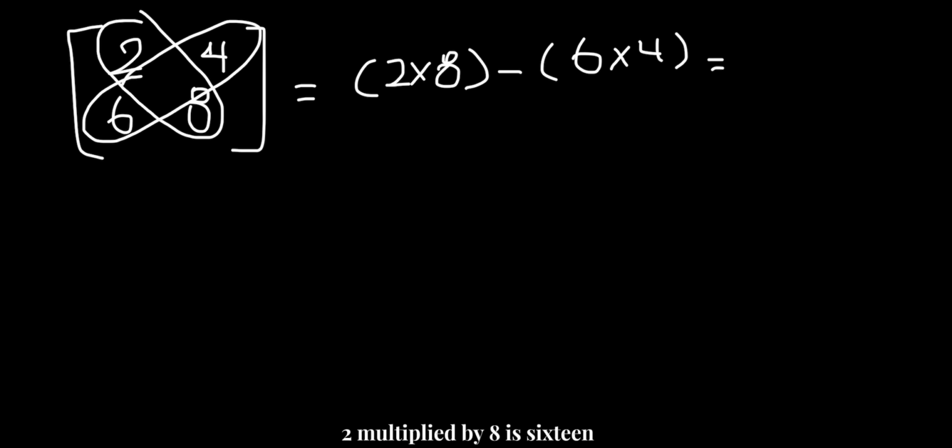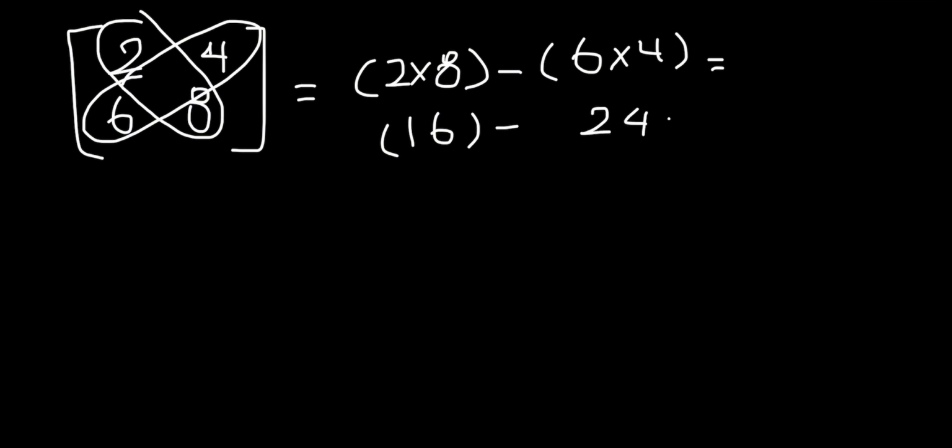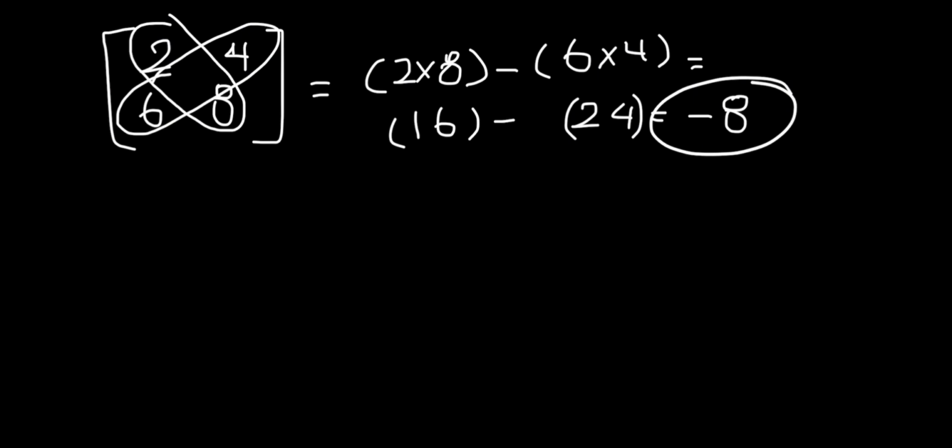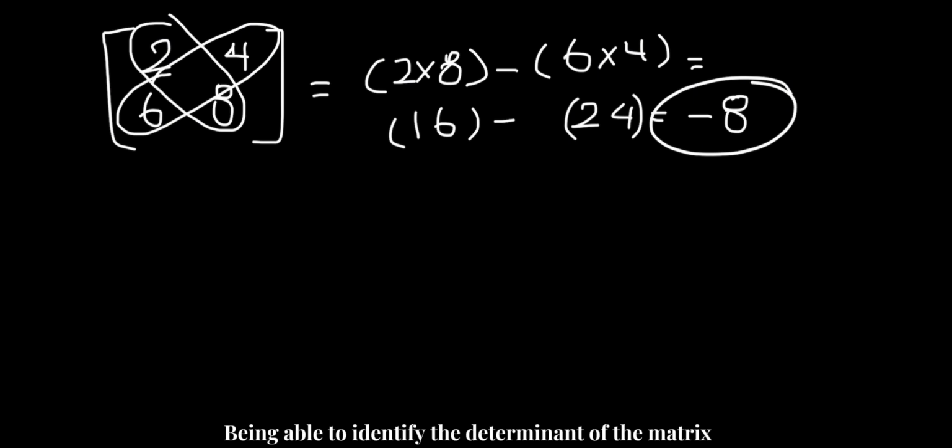2 multiplied by 8 is 16. Take away 6 multiplied by 4 is 24. 16 take away 24 is negative 8. Being able to identify the determinant of the matrix is necessary to be able to identify the inverse of the matrix. Now, given the same matrix, 2, 4, 6, 8,